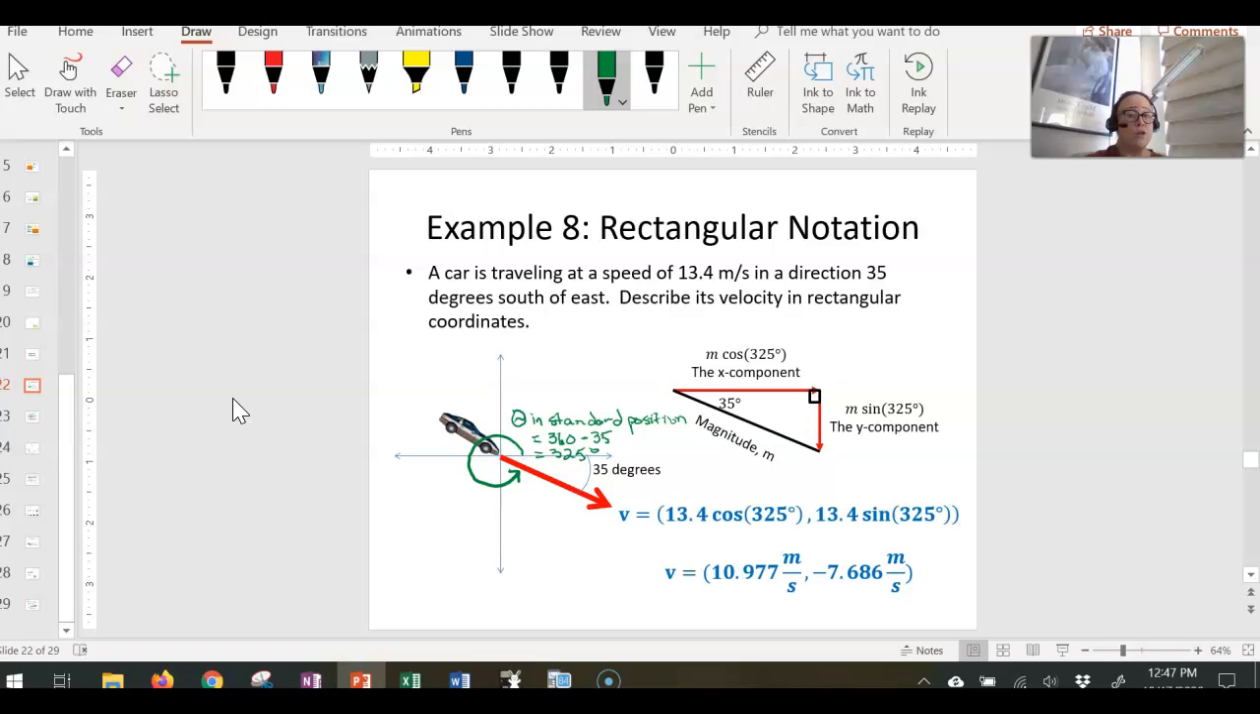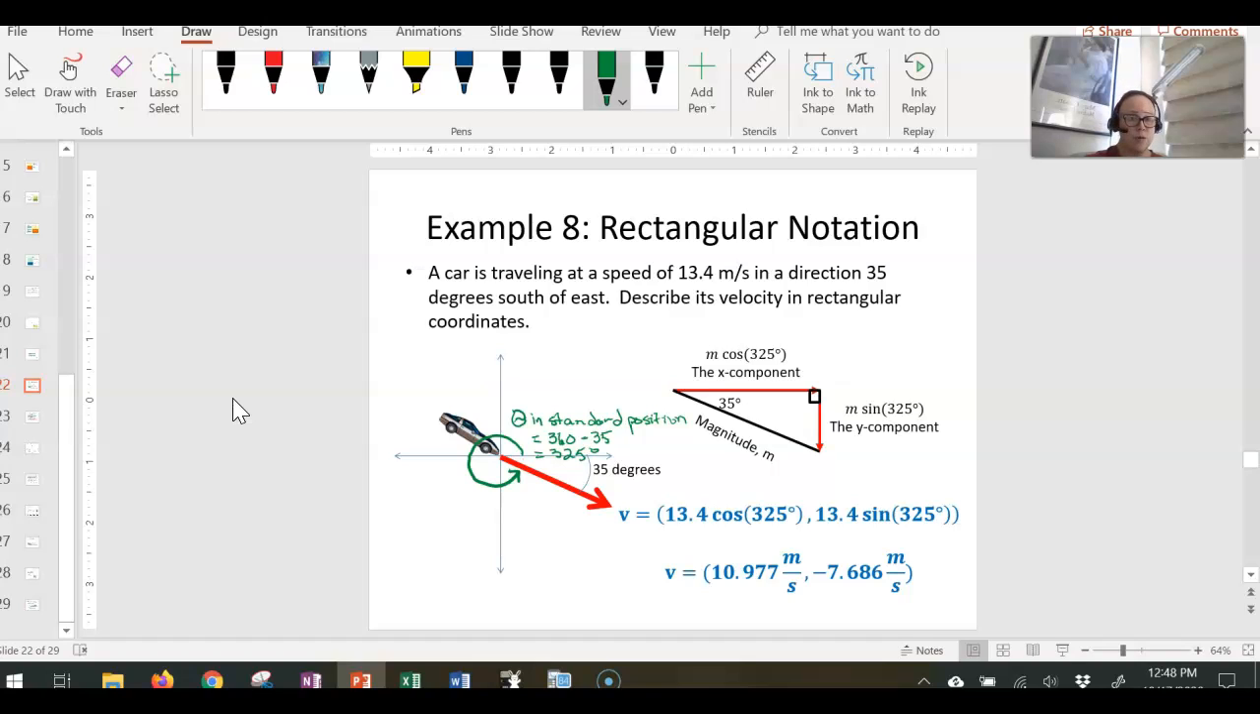So when I want to express this velocity vector in rectangular notation, I take the magnitude and multiply by cosine of the angle to get the x component, and I take the magnitude and multiply by sine of the angle to get the y component. When I do this, I get an x component that's positive and a y component that's negative. And that's good because that indicates that this velocity vector is in the fourth quadrant with a positive x and